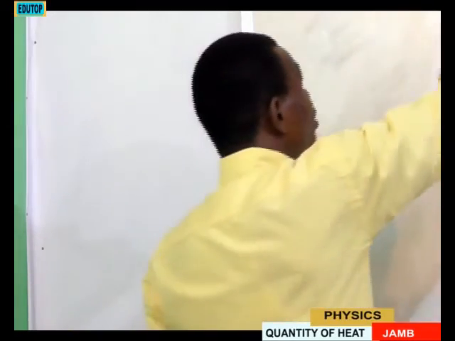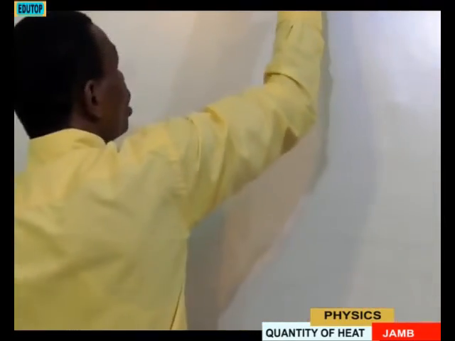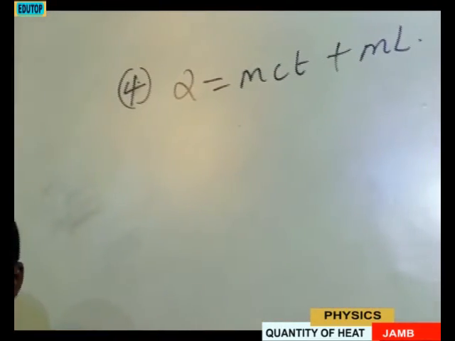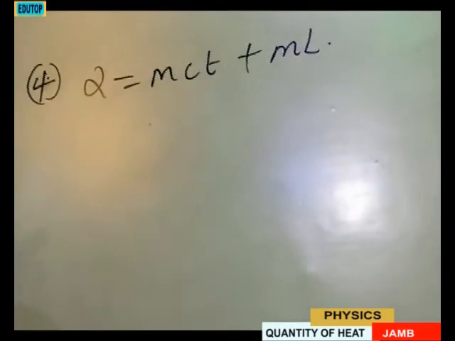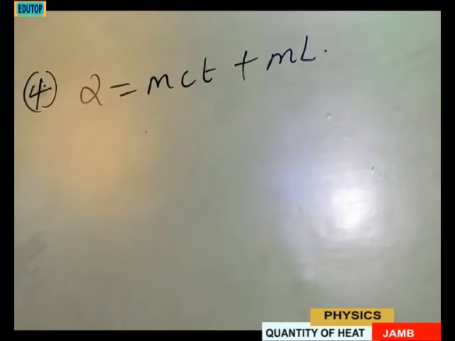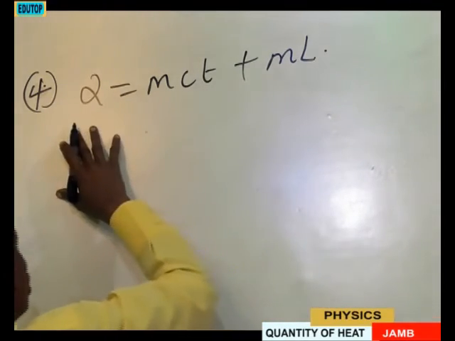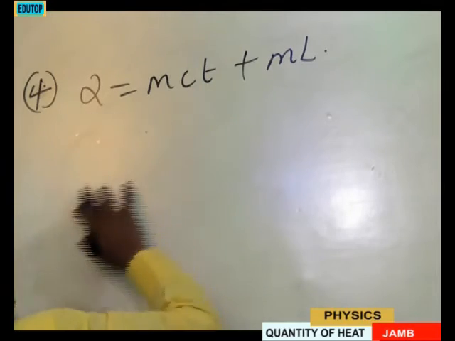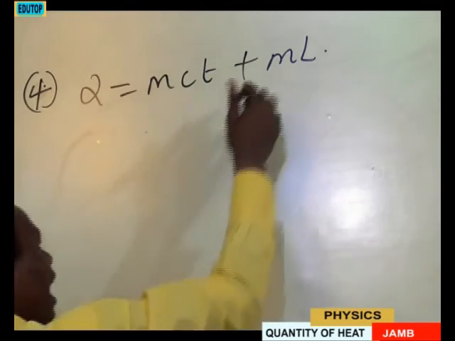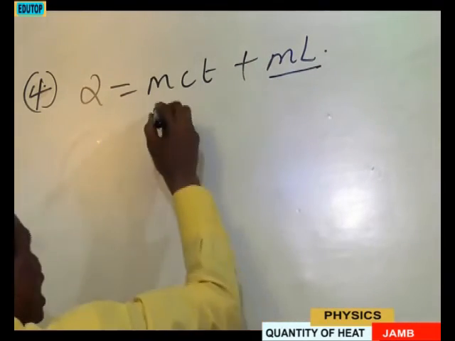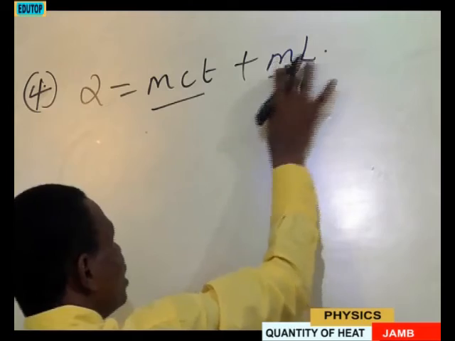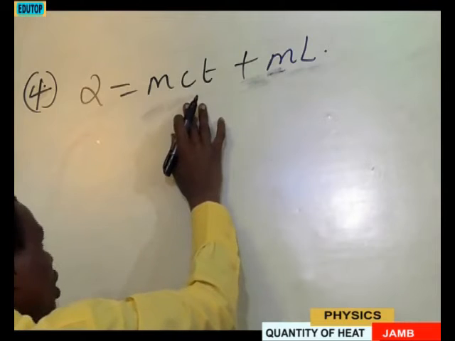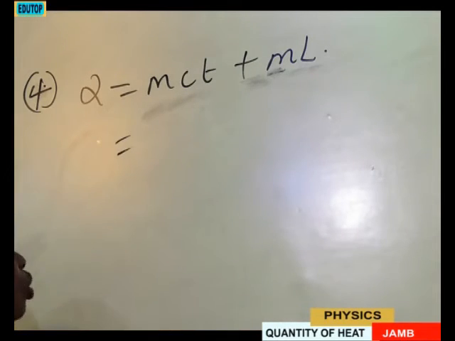The amount of heat will be equal to mcT plus mL, because the whole process is from ice to water. The quantity of heat acting on it when it is ice is this, and to water is this. So the total heat that we apply to that body will be mcT plus mL, which is equal to